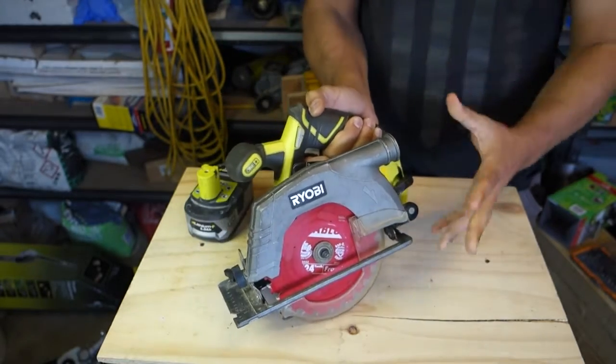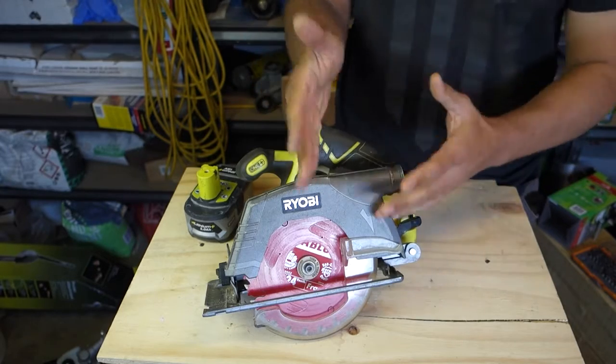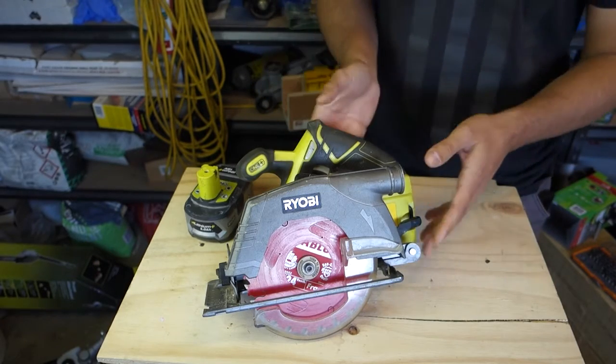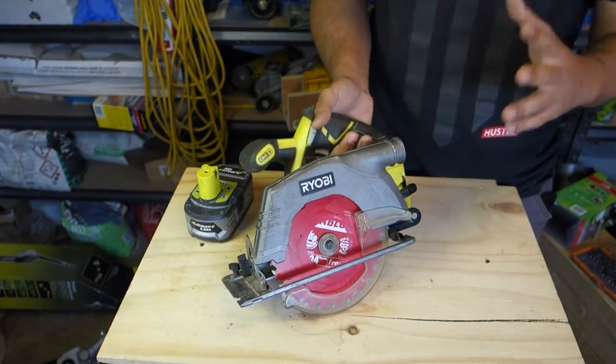I don't really use a depth cut that often, and usually when I do, it's usually at around the 20 mil anyway, and I'll show you guys a depth cut a little bit later on in the video. So when we have a look here, what I like about it is that it's got